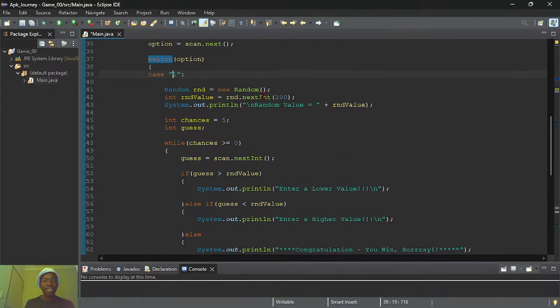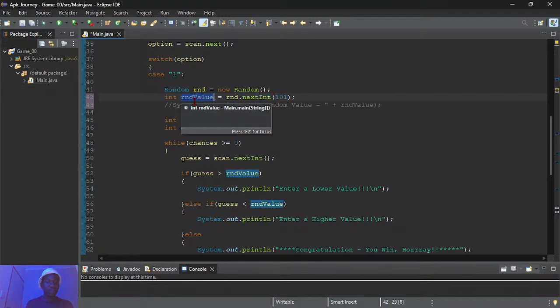Firstly, we are generating a random value here. This is supposed to happen because I'm not displaying it initially. So I am making a random value, and that random value will be any value between 0 and 99 in this case. I think for it to be 100, I must add 101 or something. Yeah, I think something like this. So I'm generating random values from 0 to 100 here. And then using that value I generated, as you can see, rndValue, the random value.